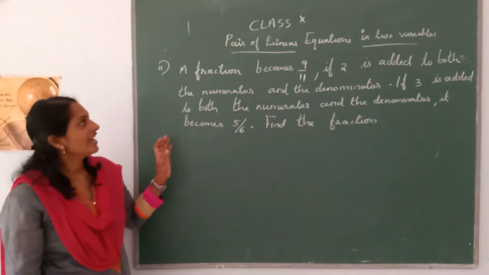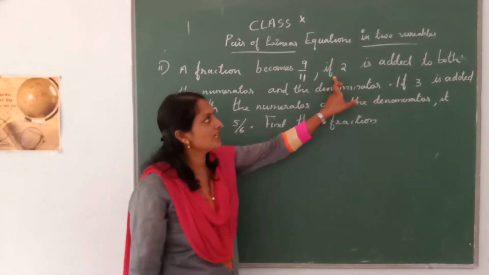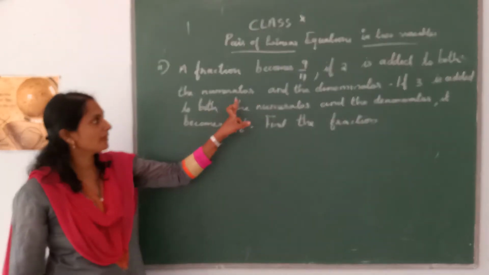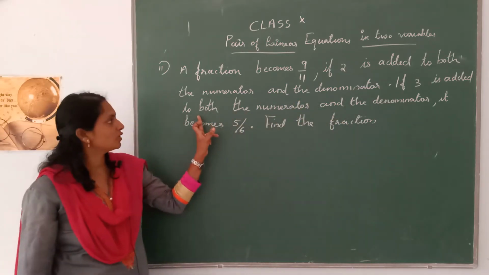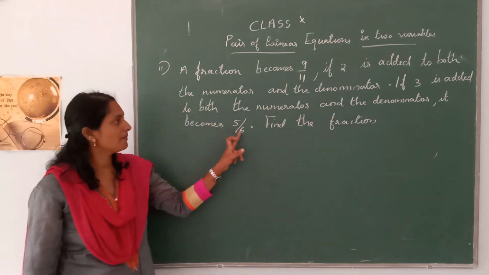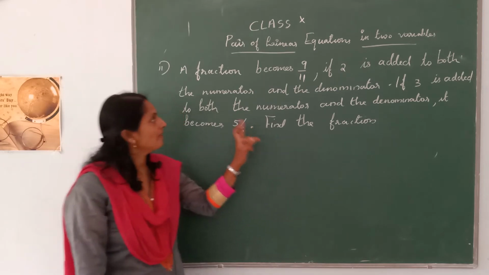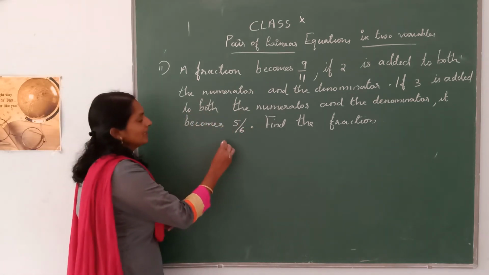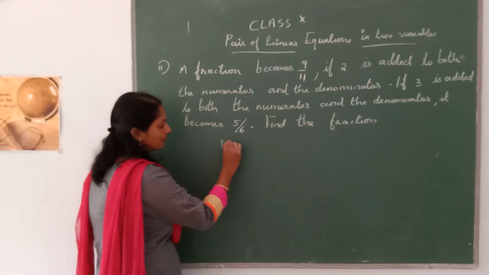Next question. A fraction becomes 9 by 11 if 2 is added to both the numerator and the denominator. If 3 is added to both the numerator and the denominator, it becomes 5 by 6. Find the fraction. Then first you consider the numerator of the fraction